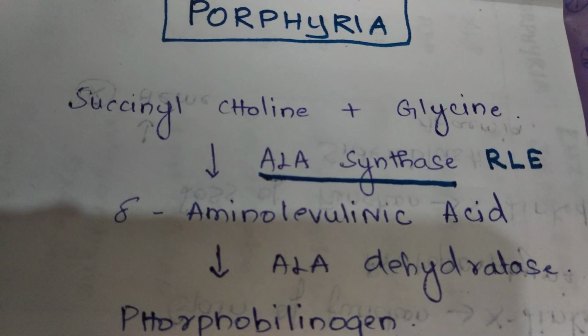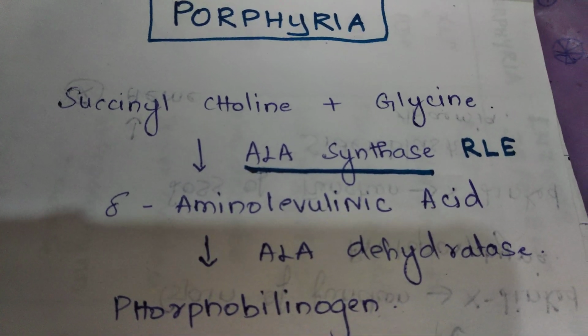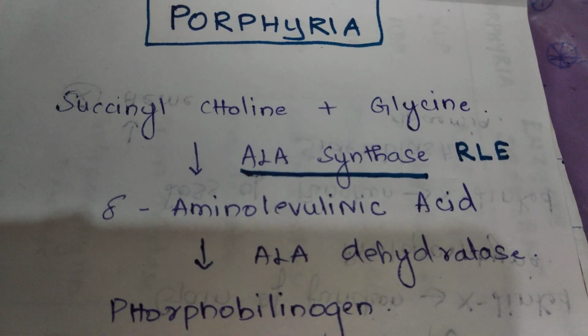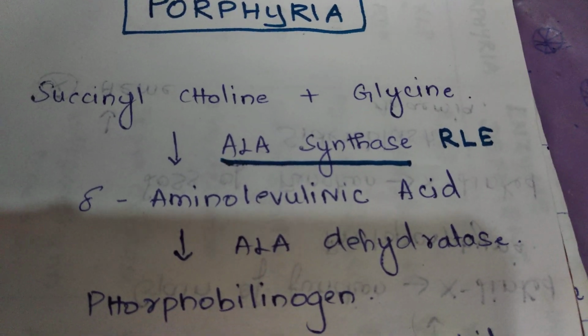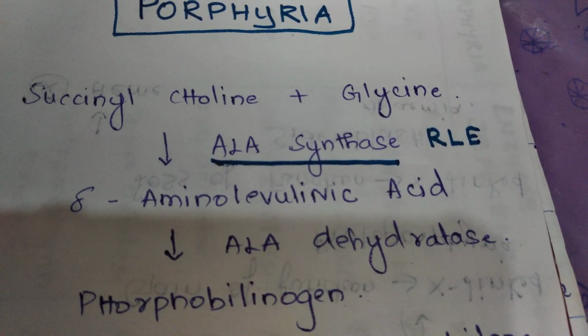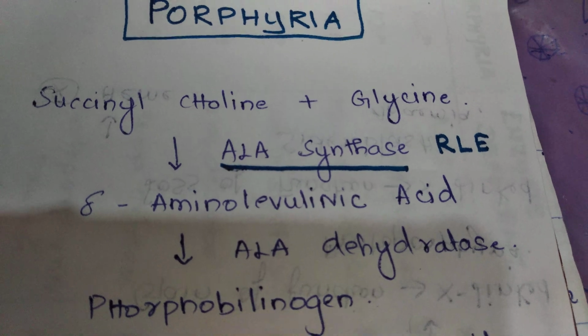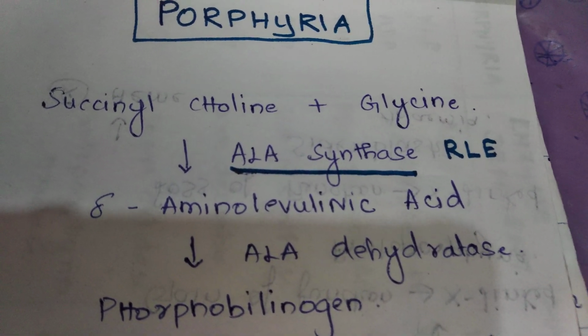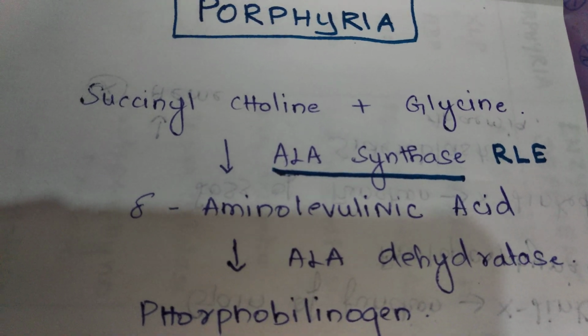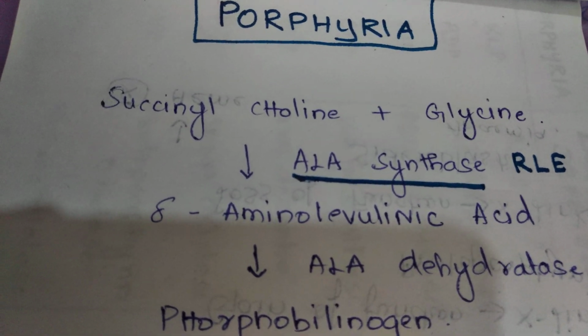For this I will give you an easy tip. First there will occur synthesis of something, so we'll have the enzyme synthase. Followed by synthase, there will be either removal of hydrogen, that is by a dehydratase enzyme, or decarboxylation, which leads to removal of a carboxyl group. So if you remember this tip, you can remember all the enzymes easily.